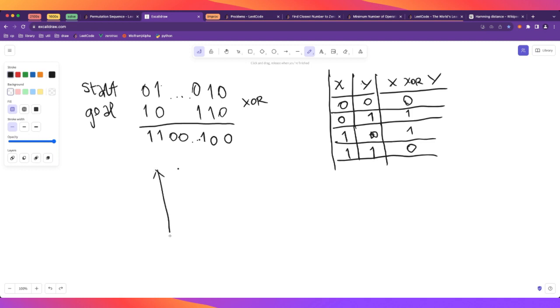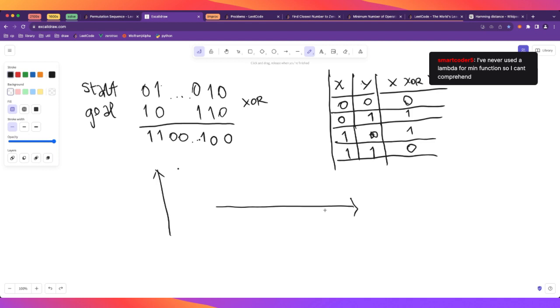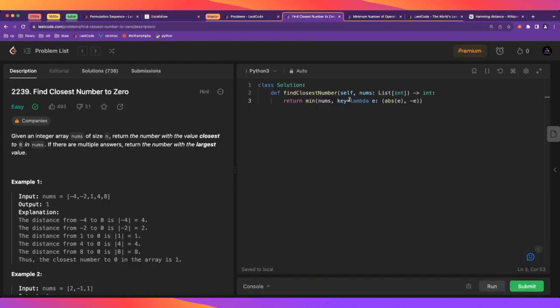Well, I never use lambda for the min function, so I can't comprehend. So yeah, there is this,